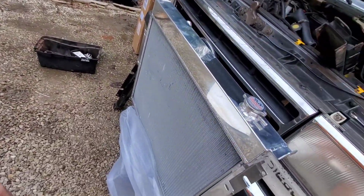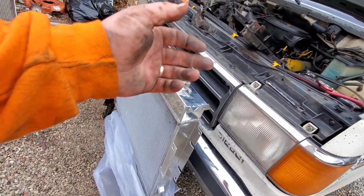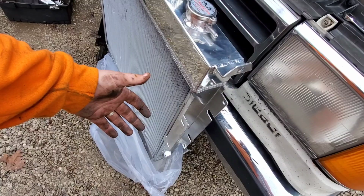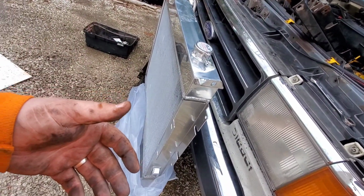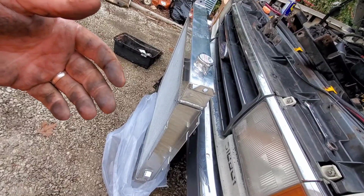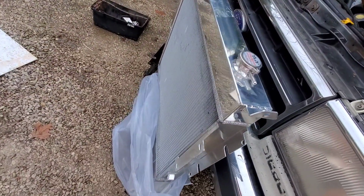radiator there is, the biggest thing is that it doesn't require you to use your old bracing. It actually has all that built in, so that's a nice feature. I like that. They thought forward with that. But on the other hand, I kind of like the idea of just using that. But it is what it is. We'll move on. Next thing I've noticed that's a big difference in between the 2 radiators is